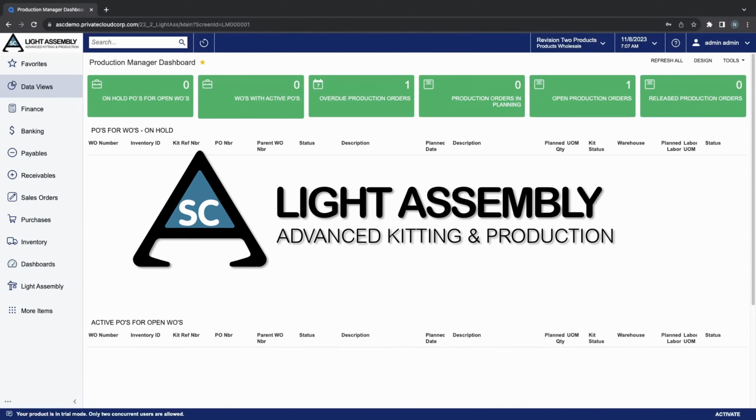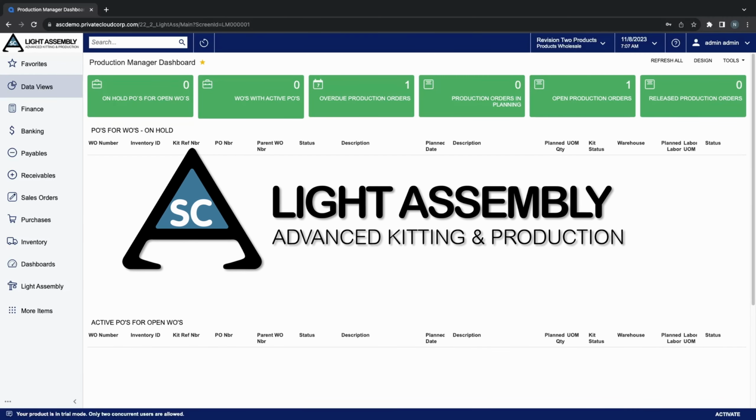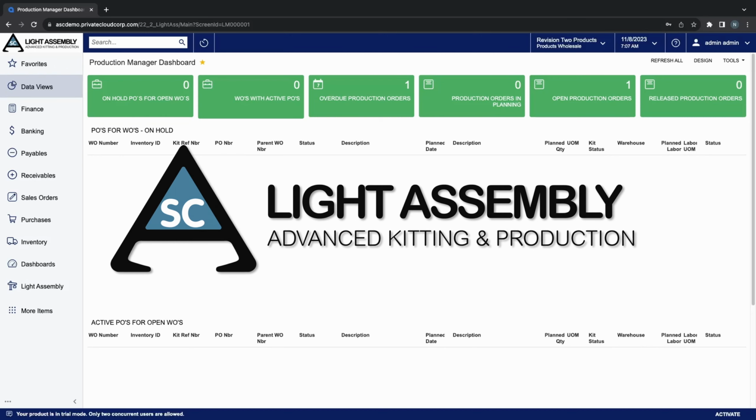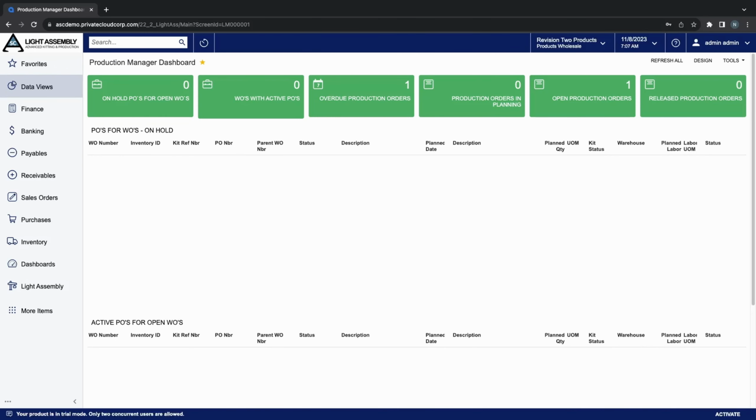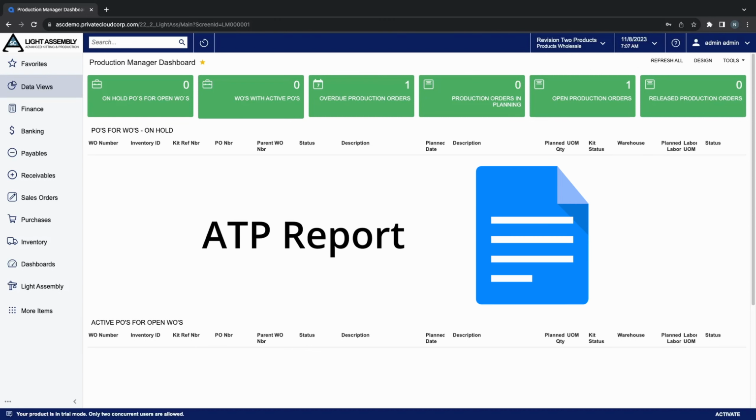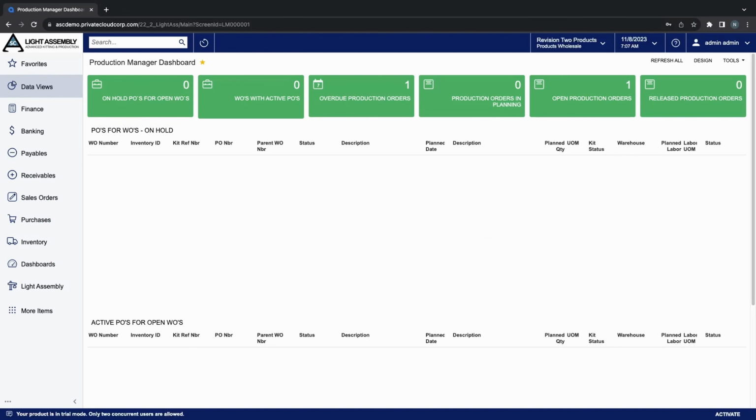Light Assembly by ASC allows you to produce kits from a sales order or make them to stock, rather than the single-use functionality of stock versus non-stock kits in native Acumatica. Because of this increased functionality for kits, we can also provide an available to promise report within the sales order entry screen, enabling sales reps and internal users to immediately know whether or not they have enough components available to